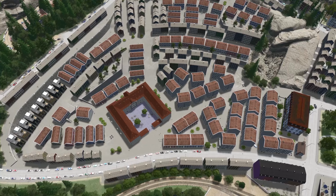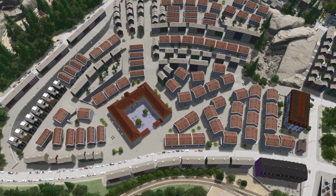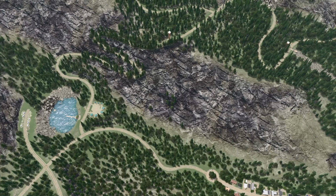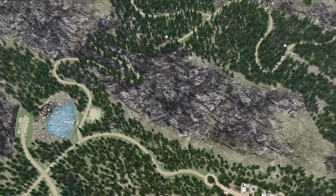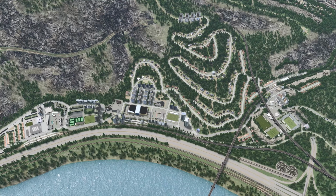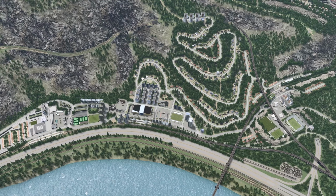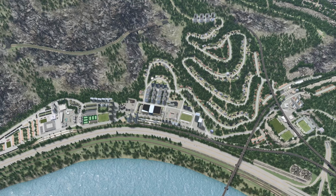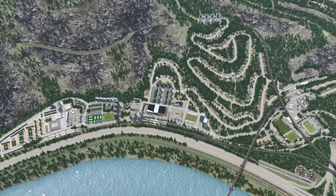Last time I did some expansion around the hillside area Nygårdshøyden, built a new hilly cemetery, as well as expanding the hiking trails up in the mountains. In today's episode I am moving back to the Kronsdalen suburb, which I built all the way back in episode 12. I'll be adding to the suburb in two different areas, and both will have some very small and low-key